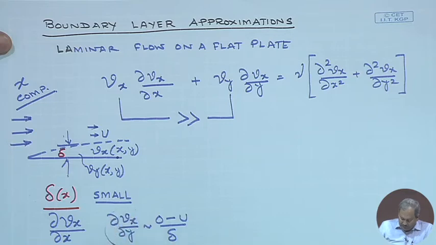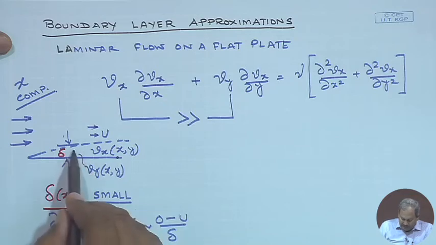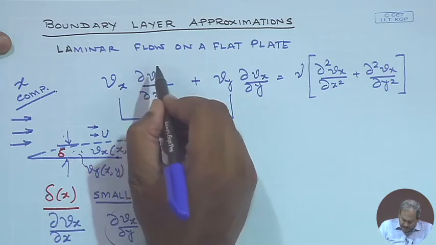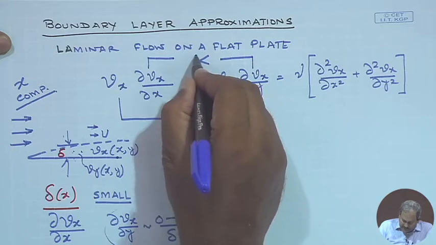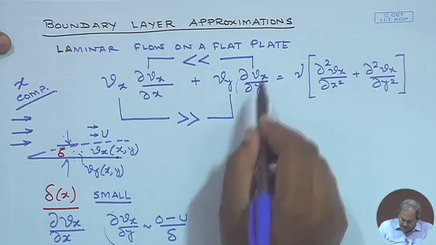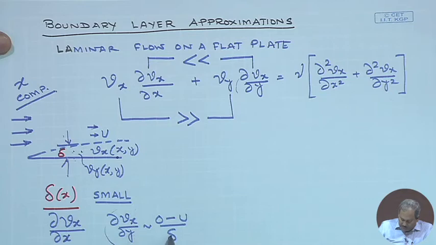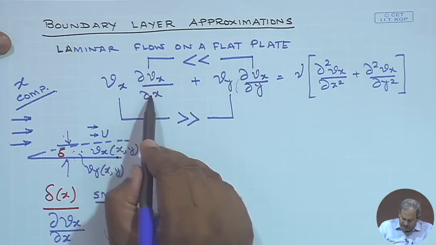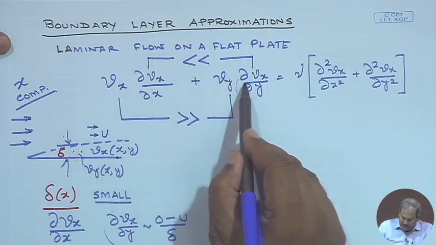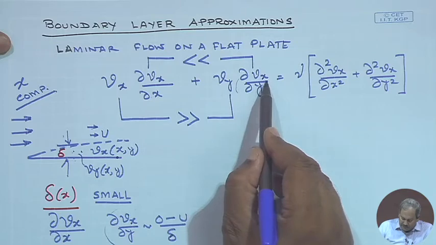So, therefore, del Vx del y is going to be quite large as compared to del Vx del x. Del Vx del x simply tells you the variation in velocity between these 2 points over a certain distance x. So, the analysis here clearly tells us that del Vx del y, because of the small value of delta, is going to be significantly larger than del Vx del x, or in other words, the gradient in velocity in the vertical direction is going to be quite large as compared to